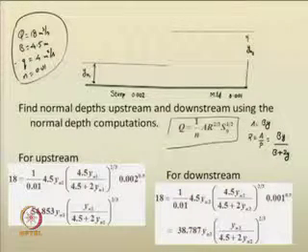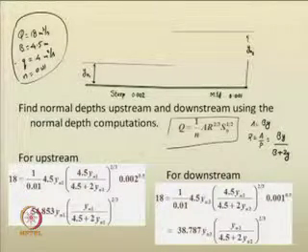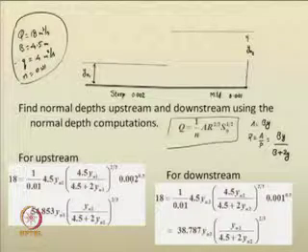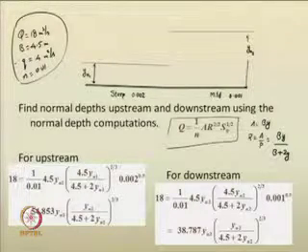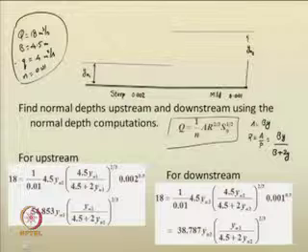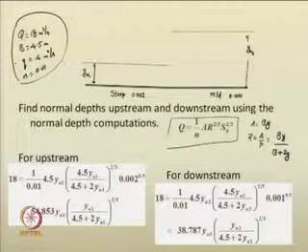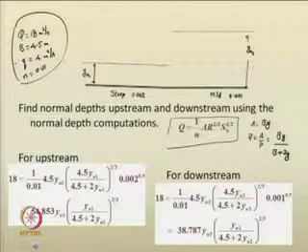I substitute the bed slope 0.002 to the power of 0.5. Similarly, in the downstream section also, I substitute the appropriate data. I am not showing you how the computations are done. You can use the trial and error method